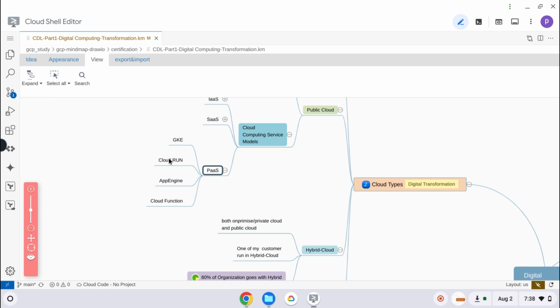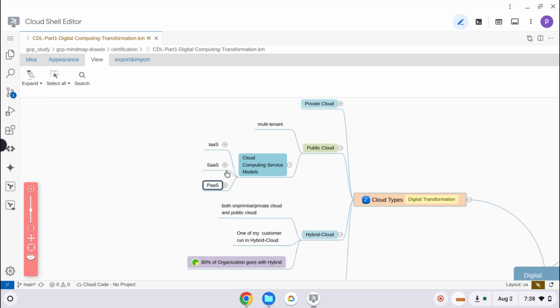For example, with Cloud Run, Google Cloud itself provides the container. I give only the image I want to run and the minimum configuration needed for the application. So this is platform as a service. These are, in fact, multi-tenant.